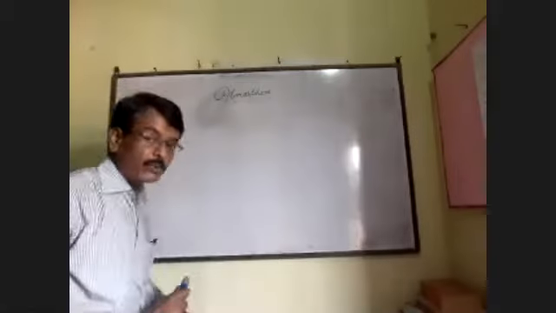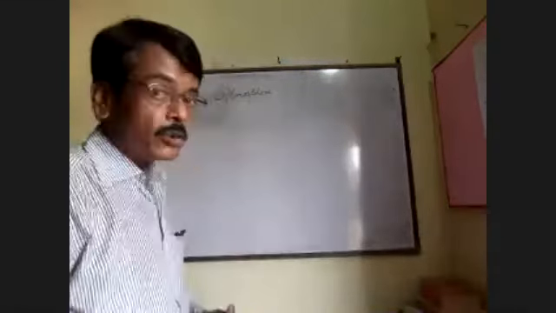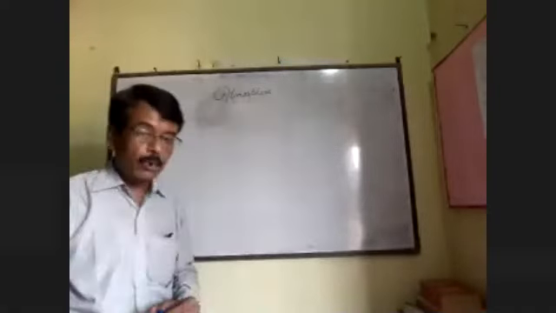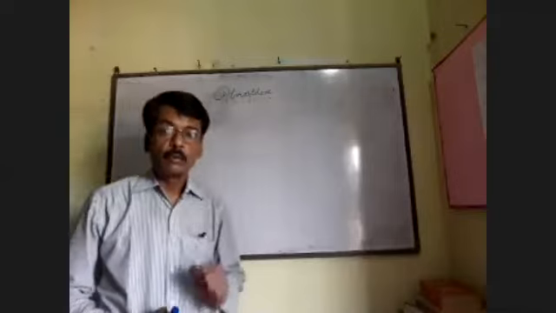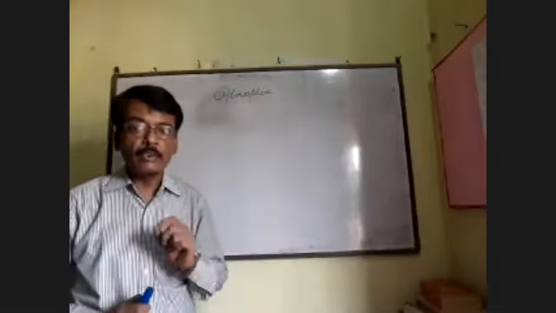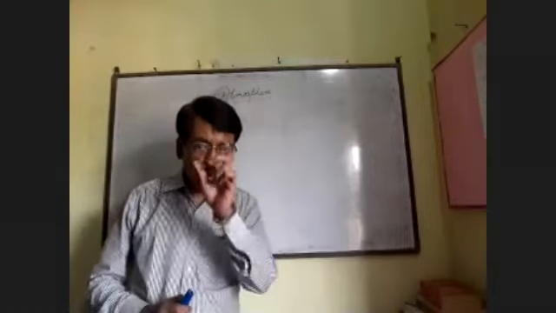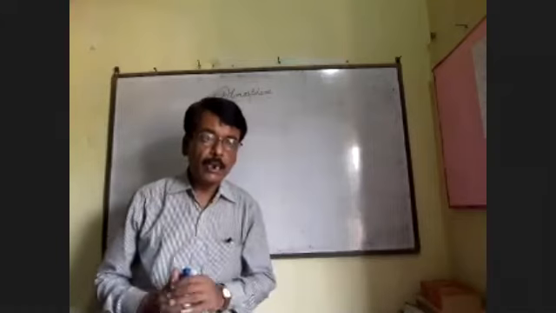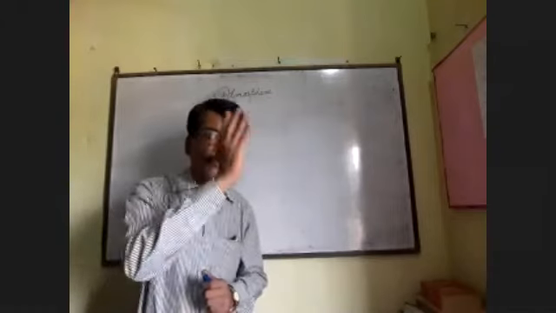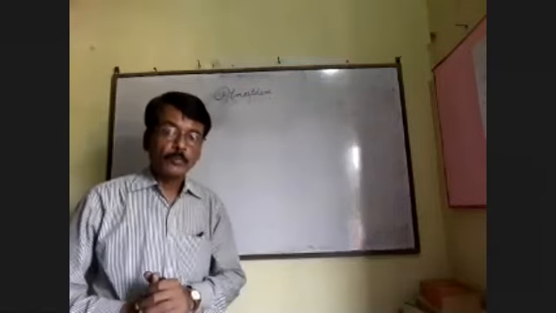We will see later a few examples of winds, how we can classify the different types of winds. The first kind of wind is planetary wind or permanent wind. From the word, you can easily understand the meaning. The wind which moves in the same direction all through the year is known as permanent wind.